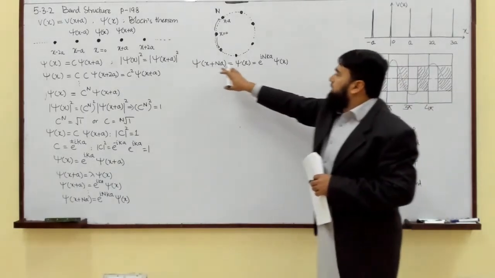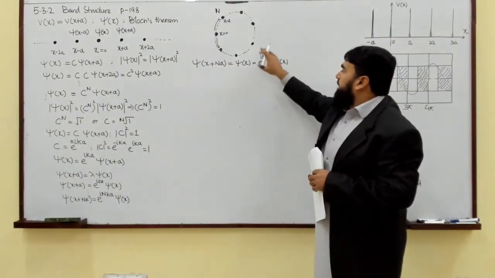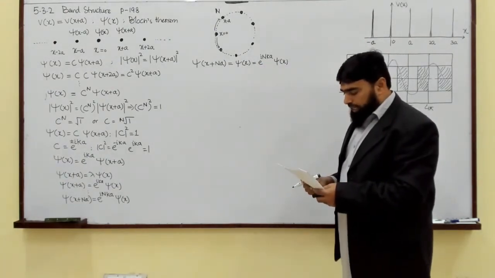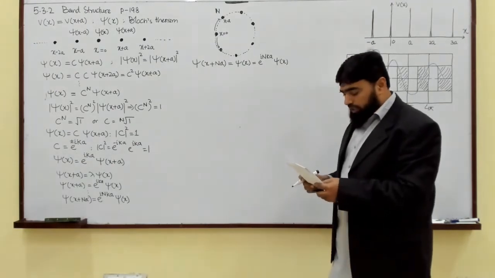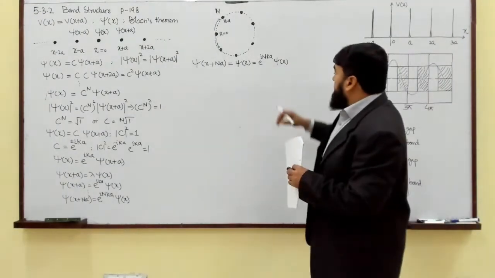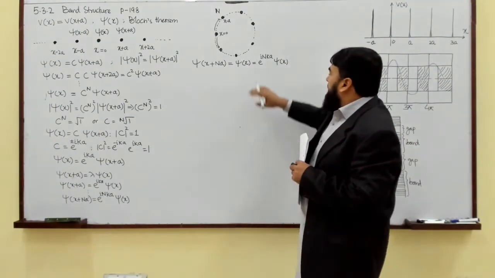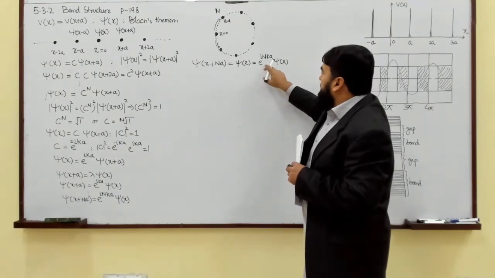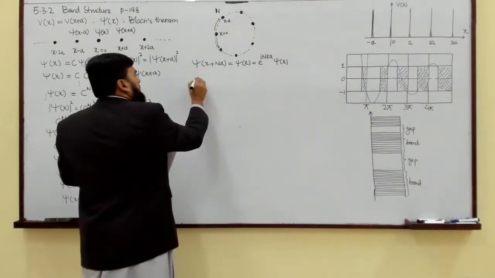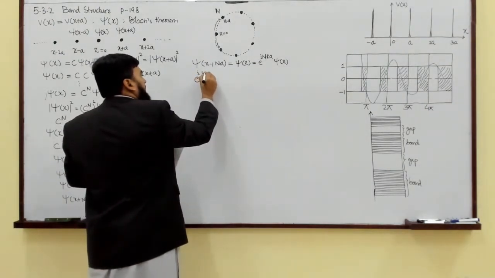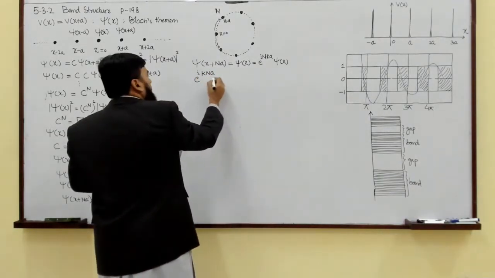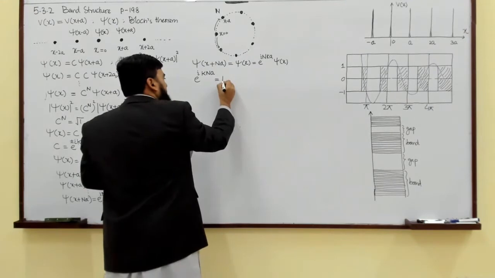Because of the Bloch theorem, this thing is equal to this. If I take the mod square of this, it will also be equal to 1, and the probability will not be affected. Now when I say this thing and this thing are the same, and I take the mod square, then it means this mod square is equal to 1. So e^(ika) mod square is equal to 1,